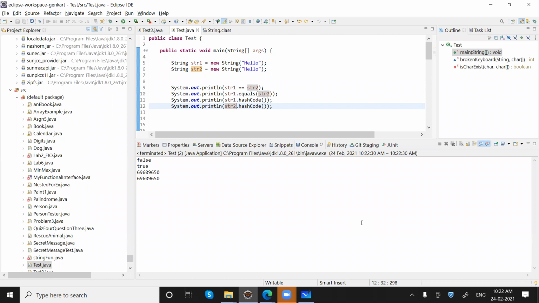So let's understand what a reference is. Don't mix the reference with the hash code. Guys, are you getting what I'm saying? Even though both the objects have the same hash code, we are getting false when we are checking the reference.